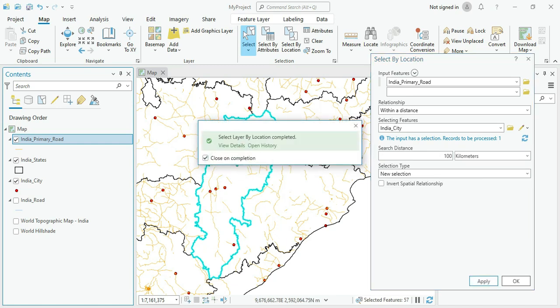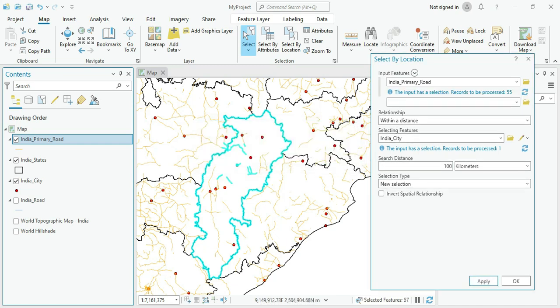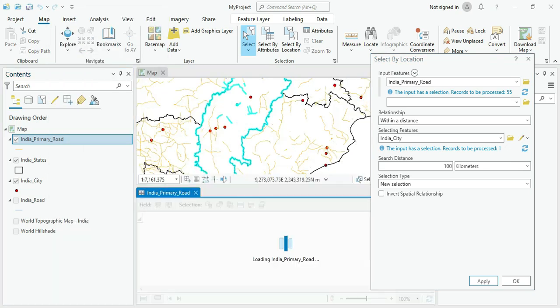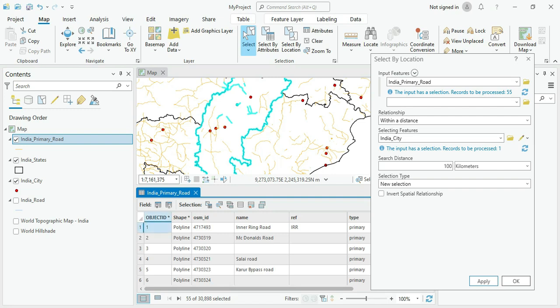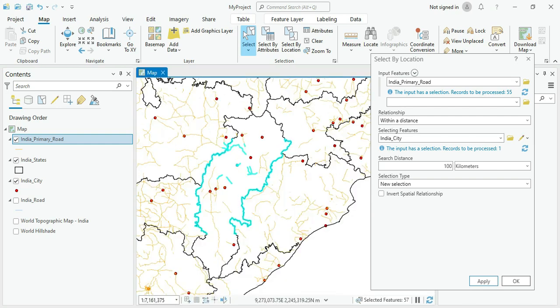Let me apply this query, and you can see a certain number of primary roads have been selected on the map that are within 100 kilometers of the selected city. I can even open up the attribute table and check how many primary roads are within 100 kilometers of the selected city, and you can see at the bottom there are 55 primary roads. So this is how I can fire different types of queries based on the spatial relationship of the features,